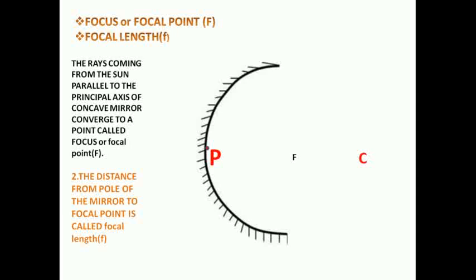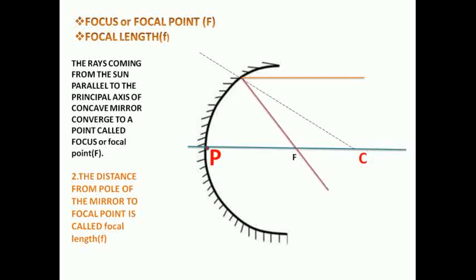Now try to understand this statement using the ray diagram. This is a concave mirror which is given here, and this one is the principal axis. Now this orange color line is the incident ray. We have taken an incident ray. If you clearly observe that incident ray, it is parallel to the principal axis. Now let us try to draw the reflected ray for that. Now this is going to be the reflected ray for that particular incident ray.